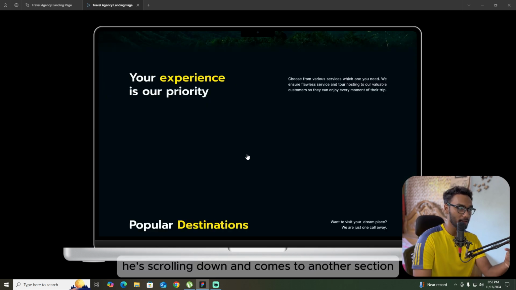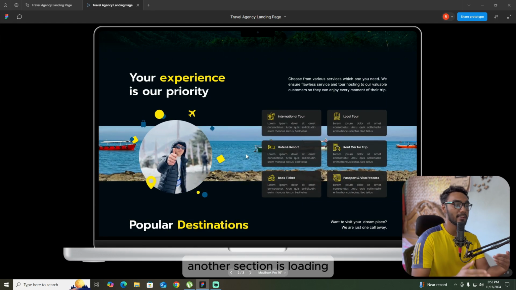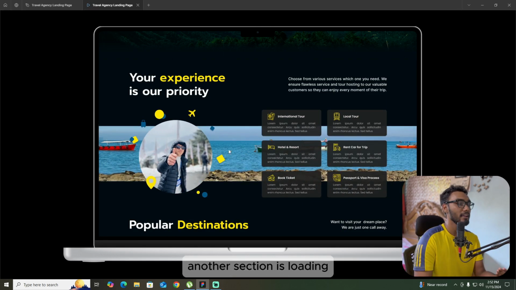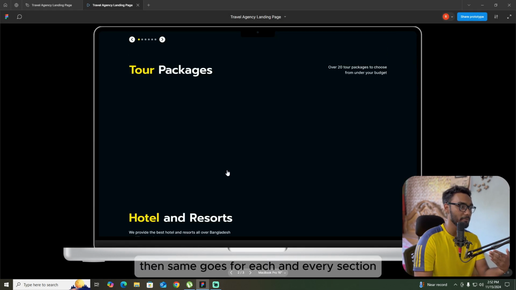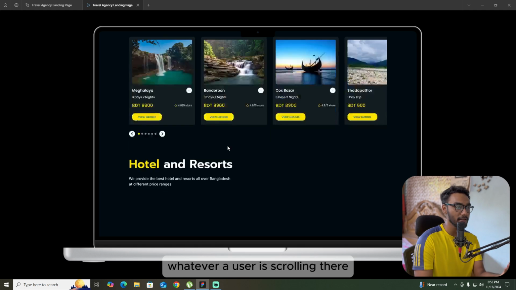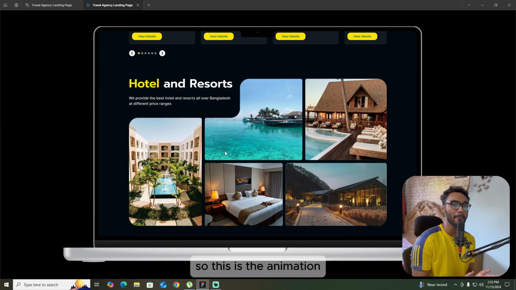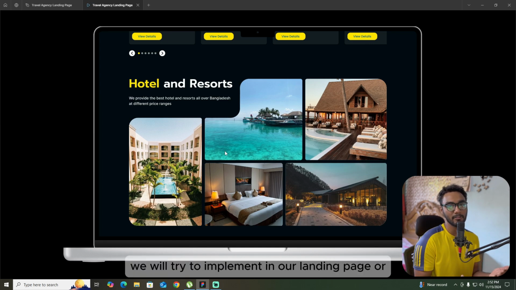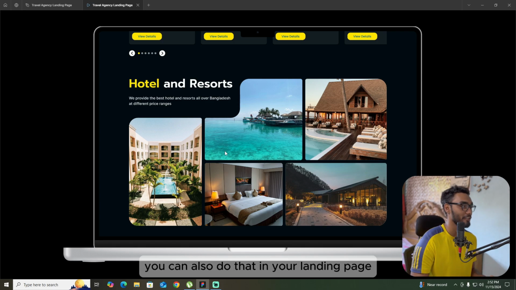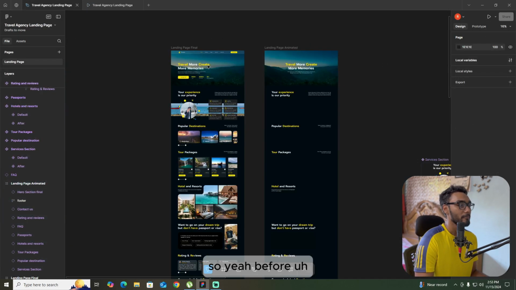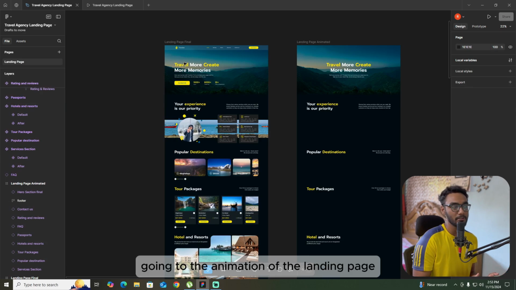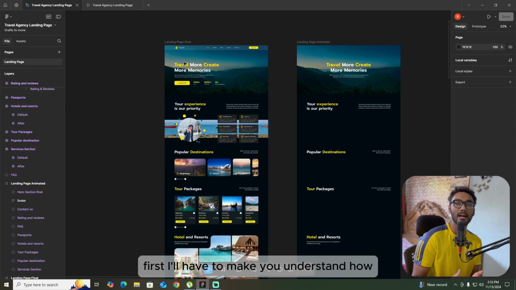Whenever he's scrolling down and comes to another section, it loads, and the same goes for each and every section. Whenever a user is scrolling, the section is coming, the images are coming. So this is the animation we will try to implement in our landing page, and you can also do that in your landing page. So yeah, before going to the animation of the landing page, first I'll have to make